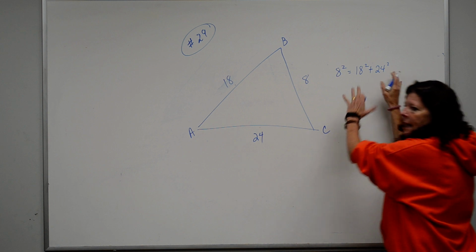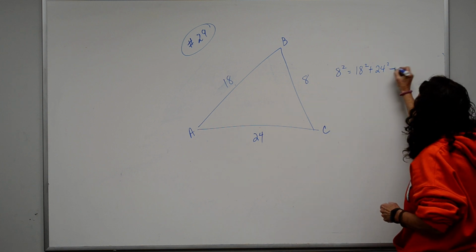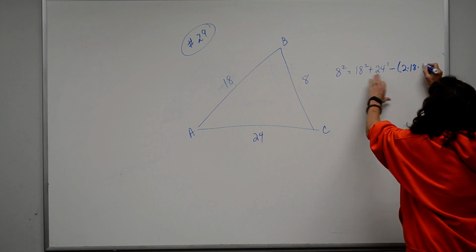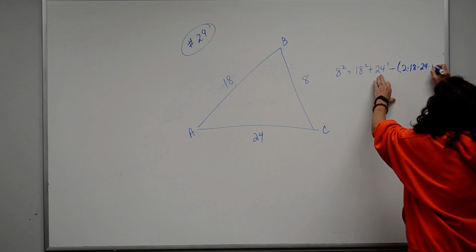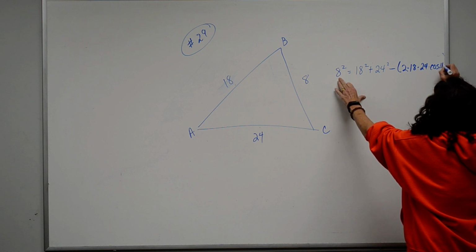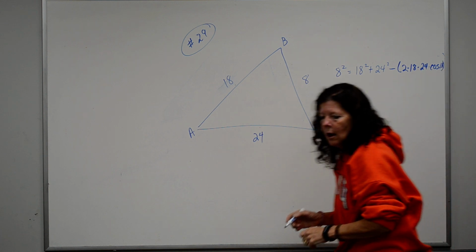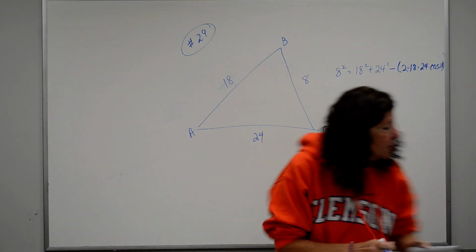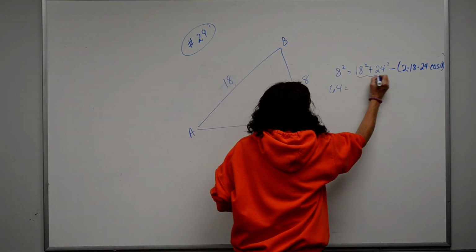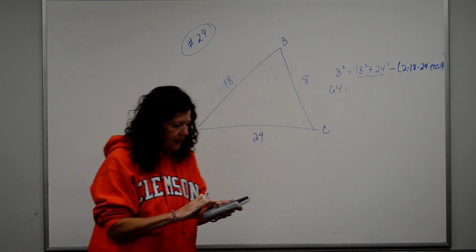Now once I've done that, it's easy to finish out the equation, because then it's minus 2 times this number times this number times the cosine of the angle opposite that, so angle A. Kind of running out of space there. So you're going to do these out with your calculator, so that's going to be a 64. Then I'm going to do that next, so I'm going to go 18 squared